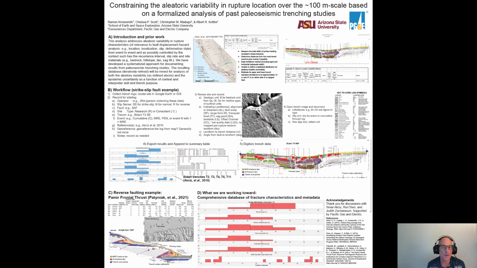In this poster, we want to address the aleatoric variability, or natural variation, in rupture location over the 100-meter length scale based on a formalized analysis of past paleoseismic trenching studies. The idea is that there are so many trenches dug, both for research and for consulting, that we might use the exposures of the